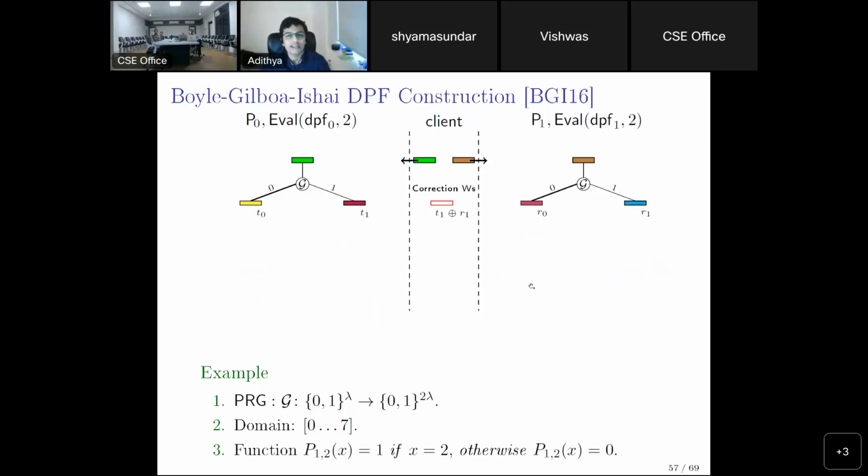The way it works level by level is as follows. At each level, we have a correction word, and this correction word is so designed that it turns one of the children. So you start with a root and you expand it and you get two random children. Now you use a correction word to turn one of these random children equal to each other in the two trees while re-randomizing the other one. So now, for example, here you want to equalize the right child. So the correction word is chosen as T1 XOR R1, and only one of these